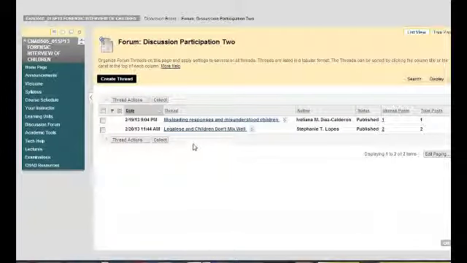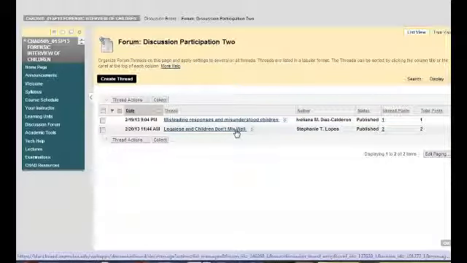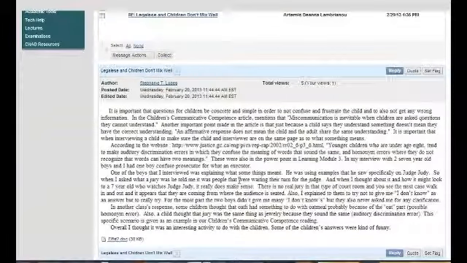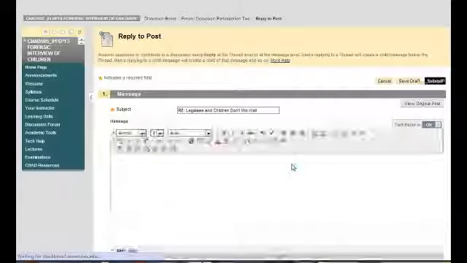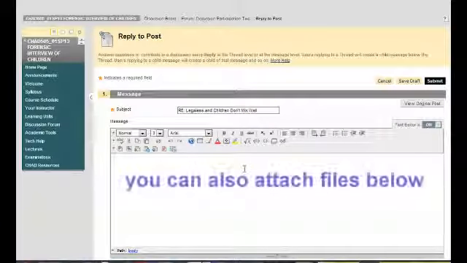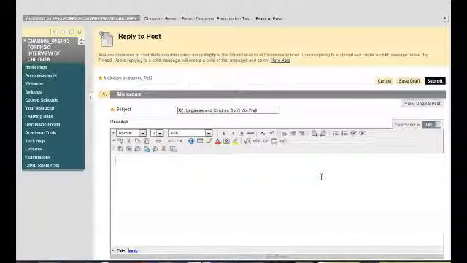Stephanie Lopes has a post called Legalese and Children Don't Mix Well. If you want to respond to Stephanie, click on the title of her posting, wait a moment until it opens. Once you read her posting and want to comment to it, you click Reply. When I click Reply, you'll see a similar window open. Her subject will be there, and your response or your dialogue with her should appear in this window here, and click Submit. And then you will have responded to Stephanie's original posting called Legalese and Children Don't Mix Well. I'll hit Cancel,